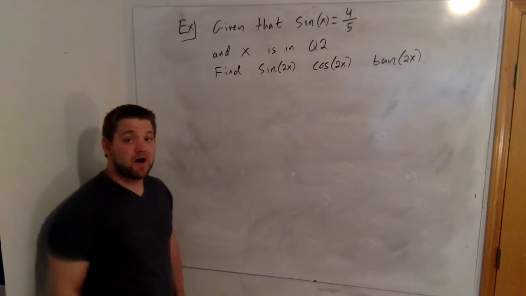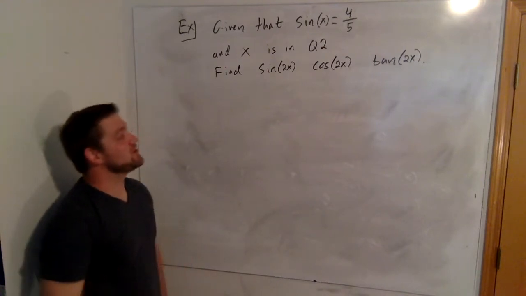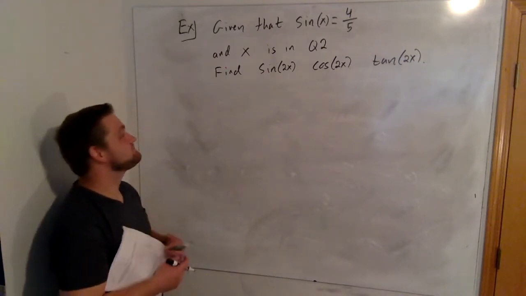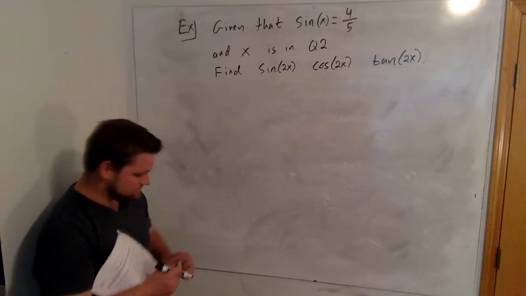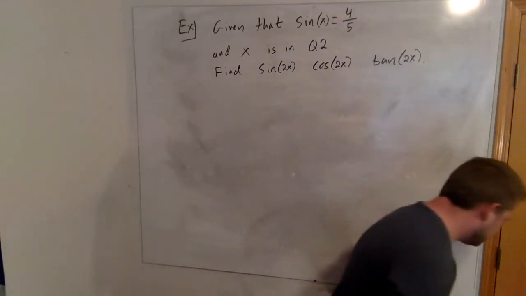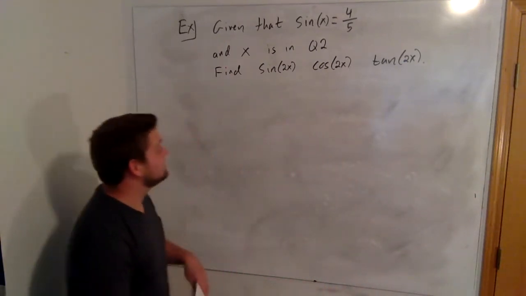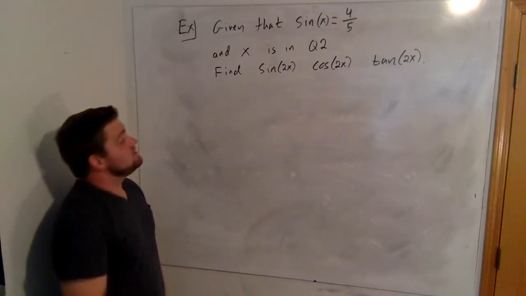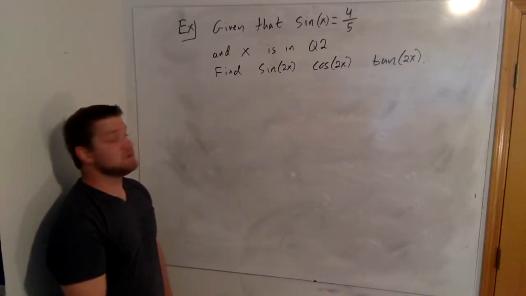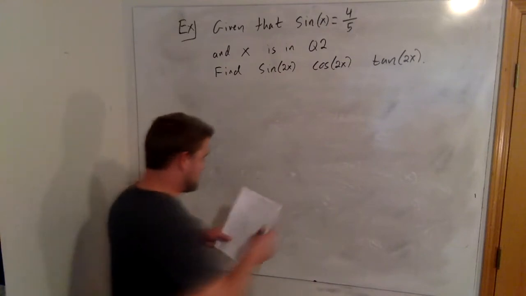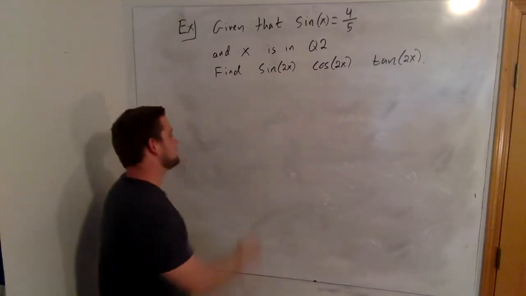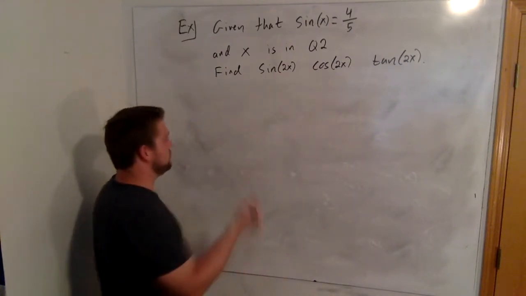Go ahead and pause the video and give this problem a shot on your own before we do it together. Okay, let's do it. I think the easiest one to find here is going to be the cosine of 2x. So I'm actually going to start with cosine of 2x. You don't have to start with cosine of 2x, but